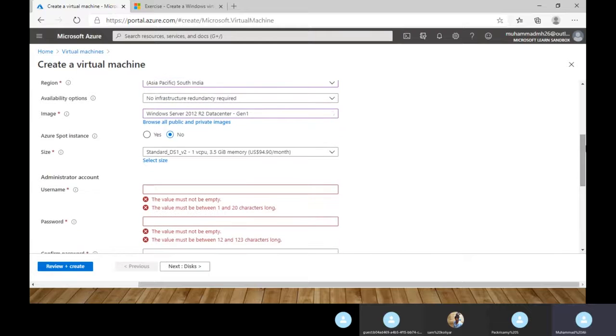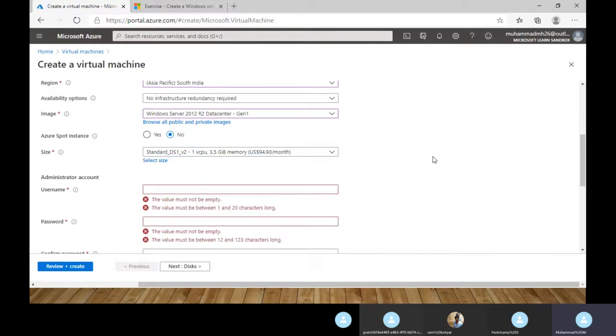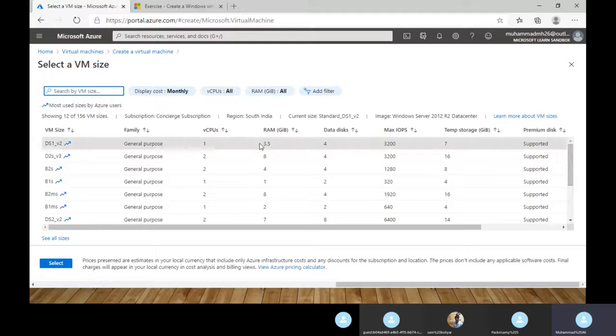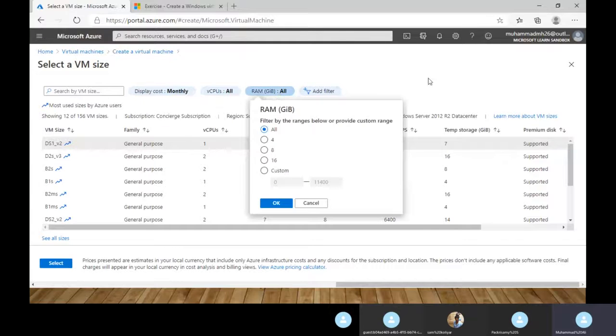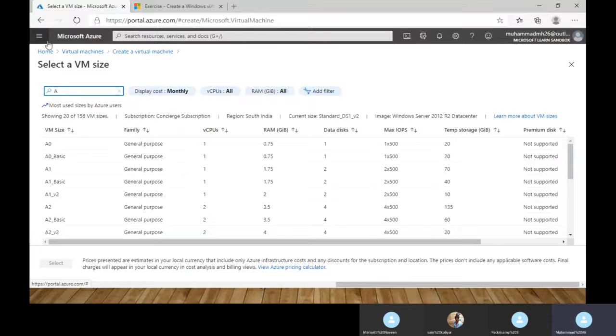Here you can find this option. Let me show. I'm going to select the size. Let me clear all these things. I am selecting a series.